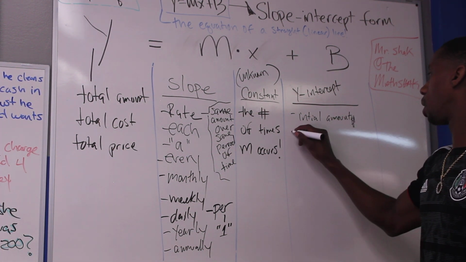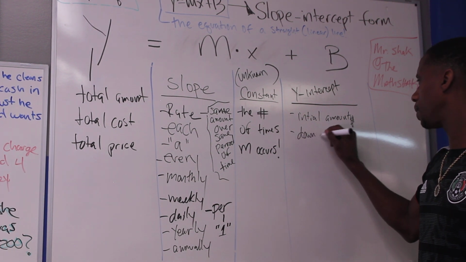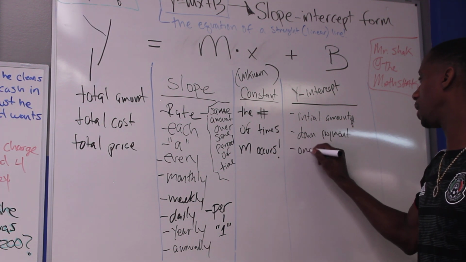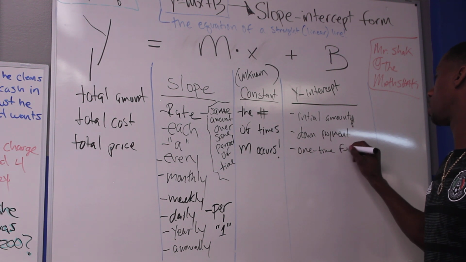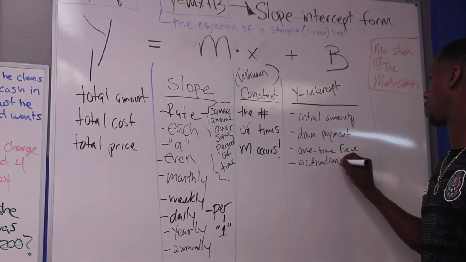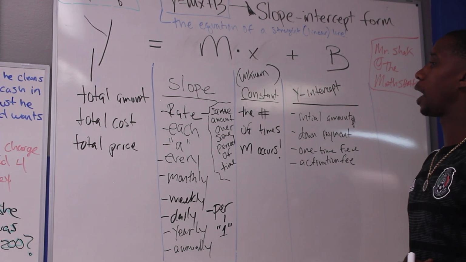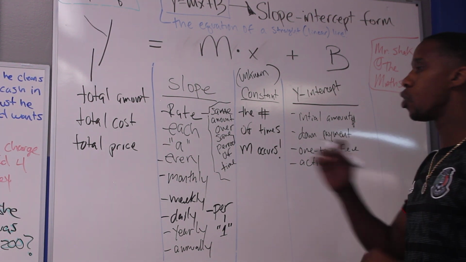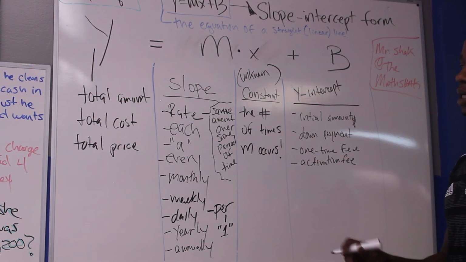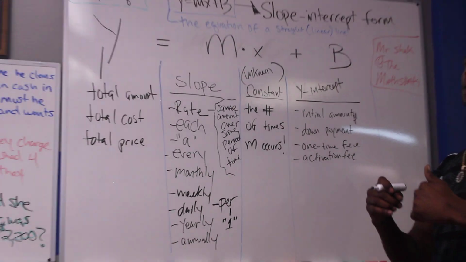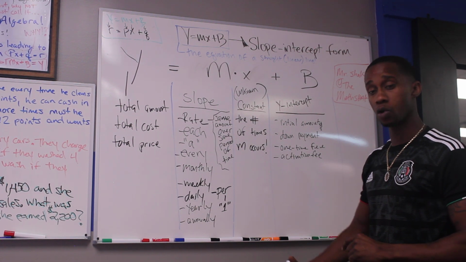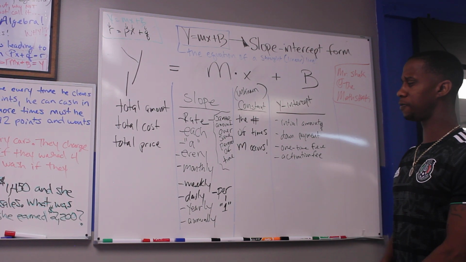apples, oranges, a down payment, if you ever hear anything about it, because that is a starting amount as well. Any one-time fee. Activation fee is a one-time fee because you only pay it one time. As they begin to throw more and more word problems at you, these word problems will become more difficult, and you'll have to be able to figure out what is that one-time fee, or what is that amount of money that's being spent one time, and what's the amount of money that's happening again and again over a course of time. So activation fee,